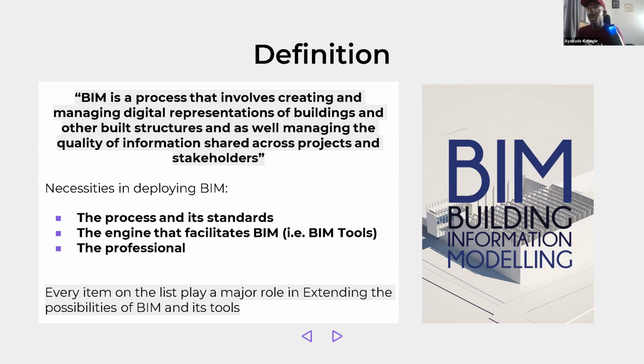BIM can mean so much to everyone. There could be different meanings to BIM, but the most important aspects of BIM are the processes and standards, and the engines that facilitate BIM, which are the tools, software that we use, and also the professionals deploying BIM. So everything on this list, all of these necessities, plays a major role in actually extending the possibilities of BIM